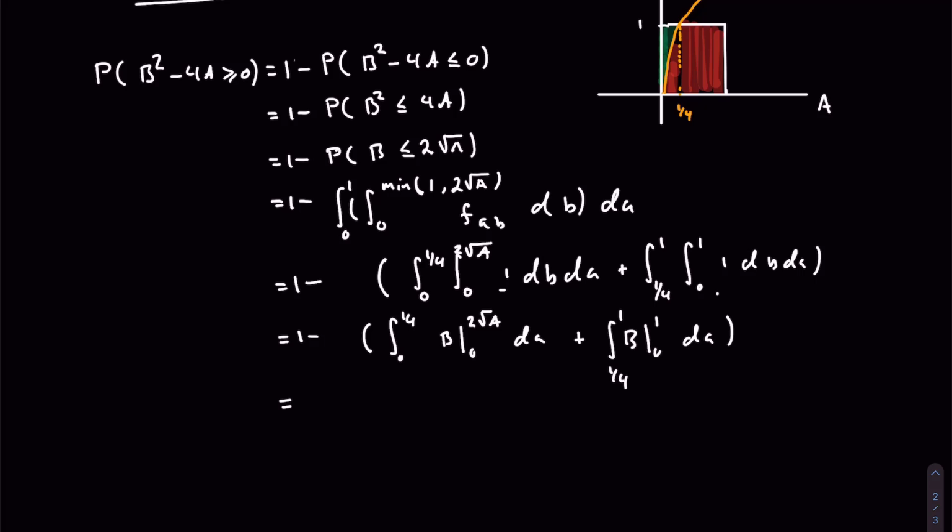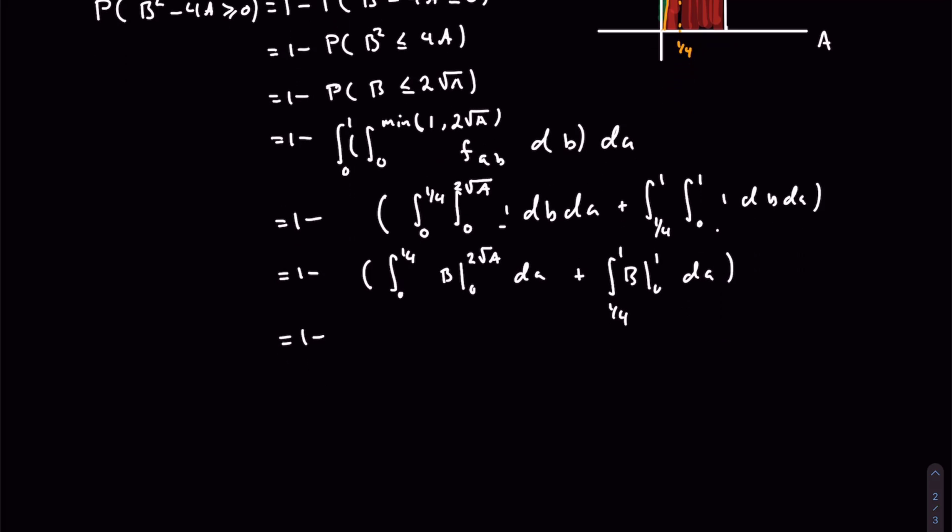Okay, and so continue on. 0 to 1/4. It's important to write out the parentheses here. I'm going to write this as 1 squared like so, da,